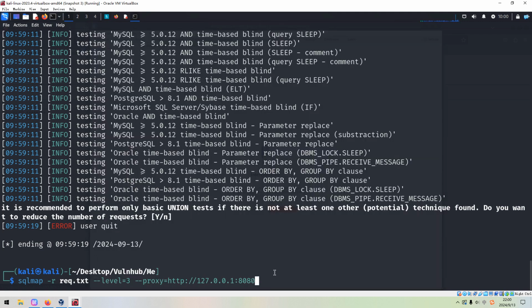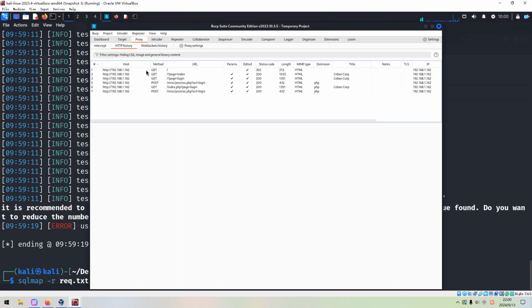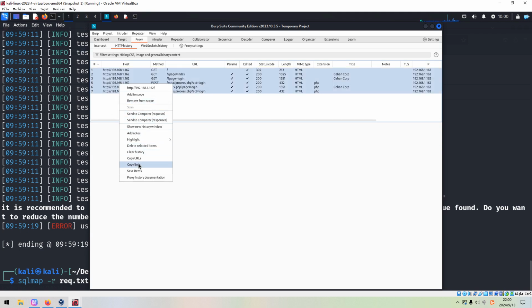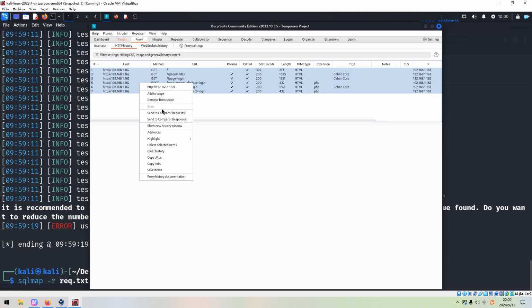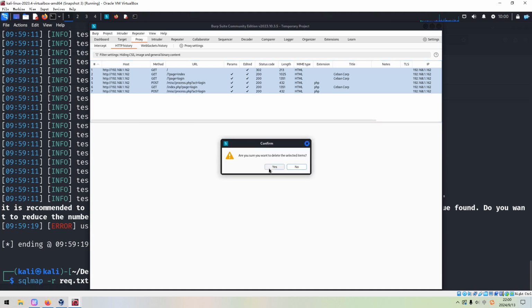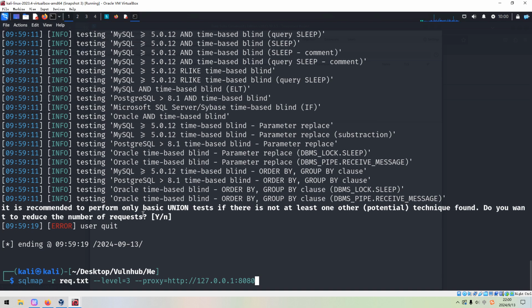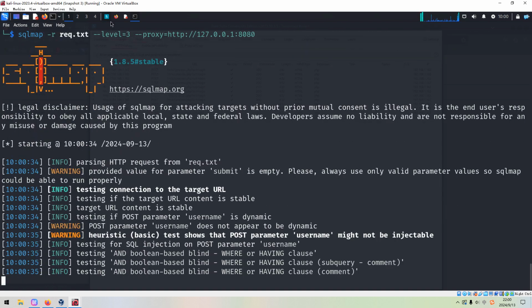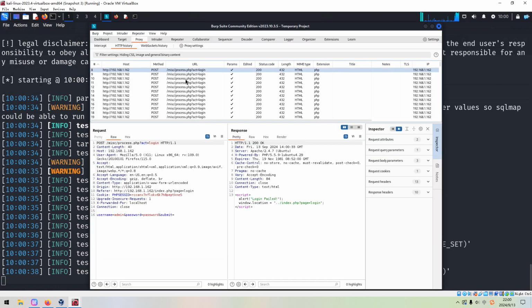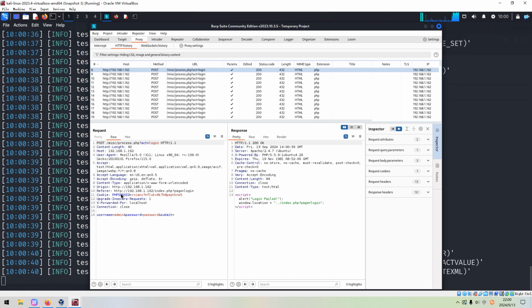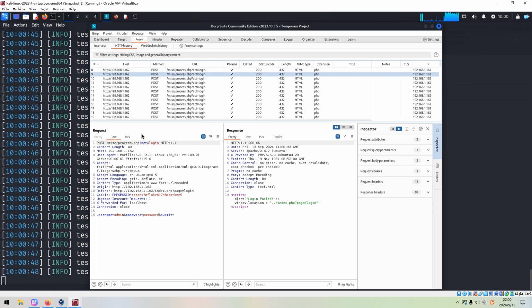So now we can clear the history. We can select all of them and delete. Okay, so now we can launch SQLmap again and go back to Burp Suite. As you can see now, if you check every request, every request has the header X-Forwarded-For, right?